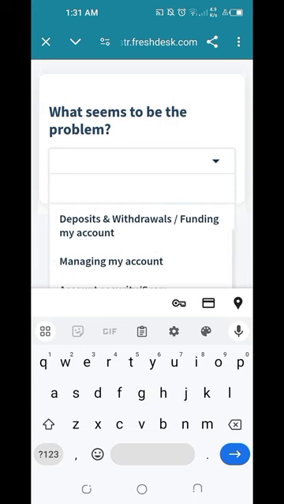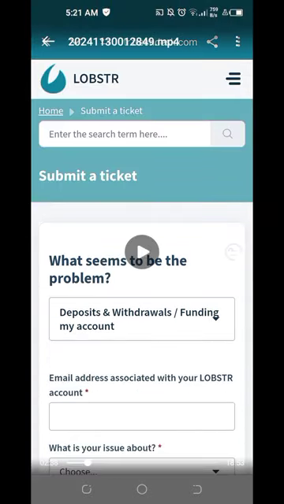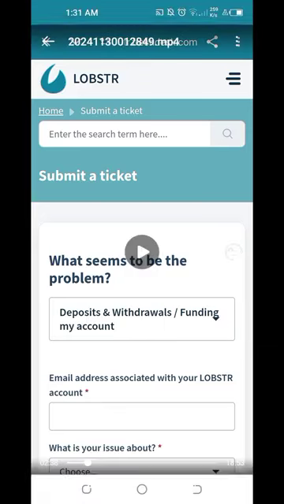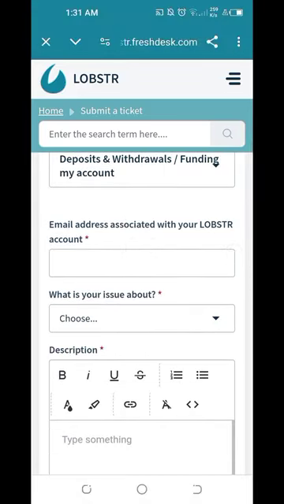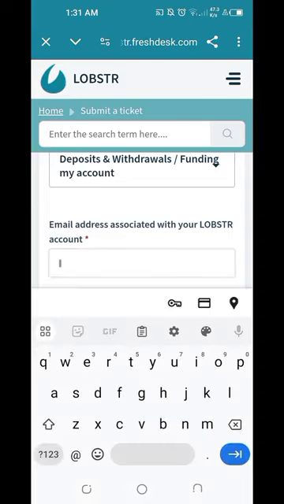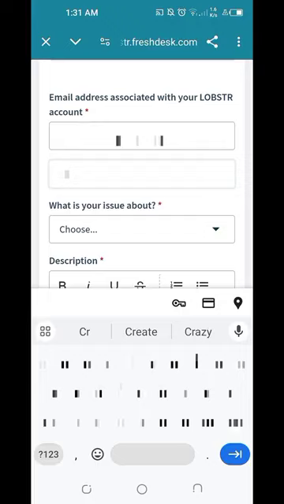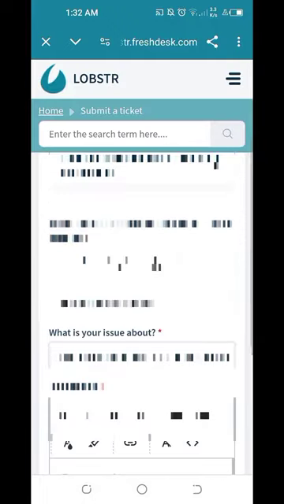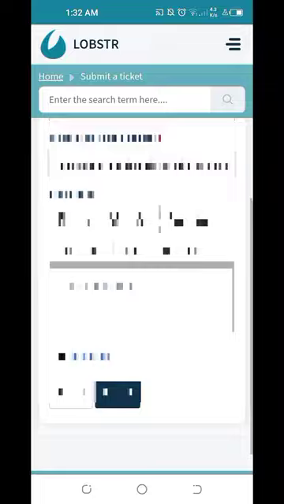This is how we can submit a ticket if we have questions or problems using the Lobster wallet. So what I did here is to select deposits and withdrawals, funding my account. And then we need to input the nominated email address associated with our Lobster account, and then our name. I selected deposits and withdrawals via other anchors.